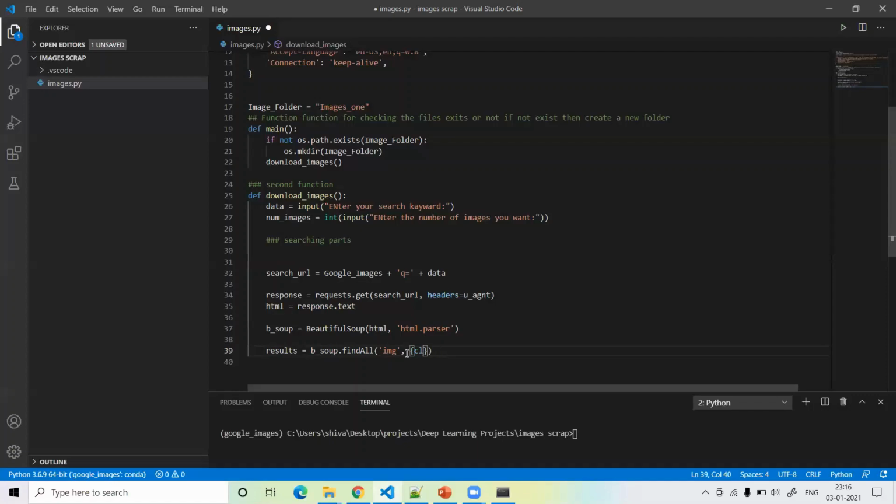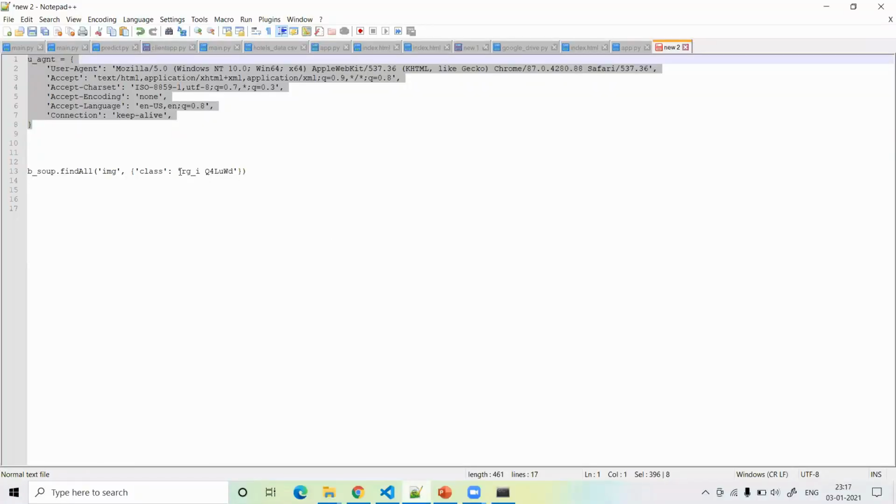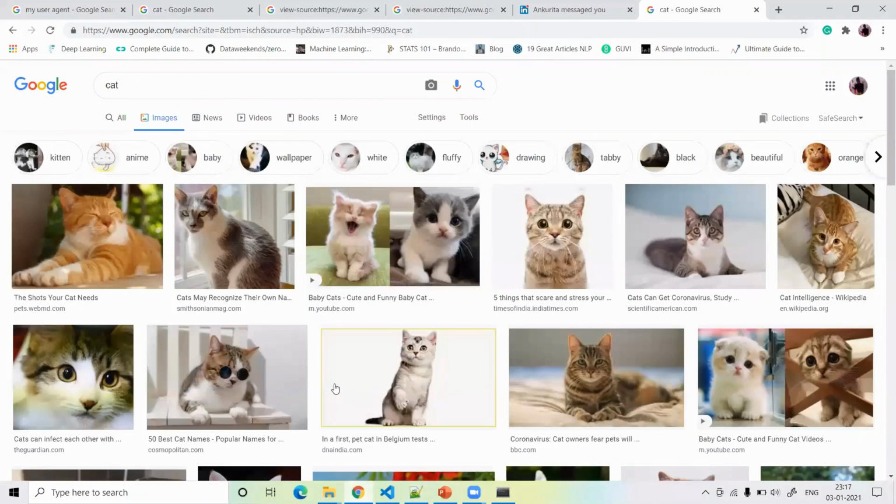So we have to define the class and then the tag name. So what is the tag name? Let's see, guys. Finding the right tags is sometimes a time consuming and challenging task. So I already copied this tag name from Google. I'll just show you again from here.